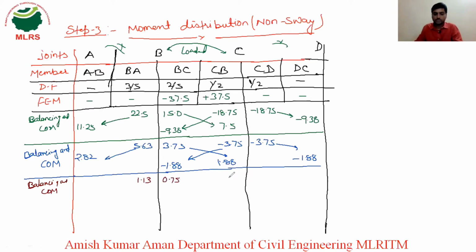Similarly, if you will do so here, so minus 0.94, and here also minus 0.94. So half of this will be here. So that will be your minus 0.47 here, and half of 1.13, that is 0.57 here. Similarly, 0.75, half of that will be 0.38 here, and half of this will be here. That is minus 0.94. Half of that minus 0.94, half is nothing, minus 0.47. Then this step is completed.